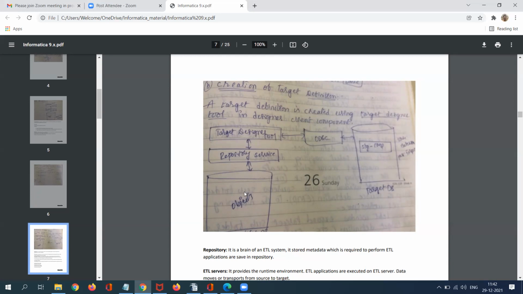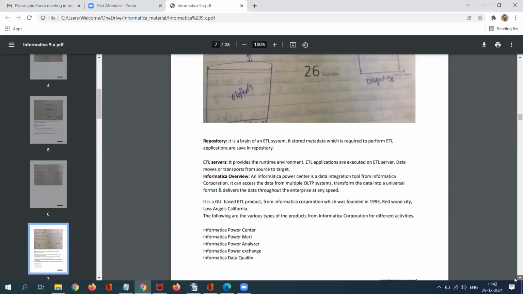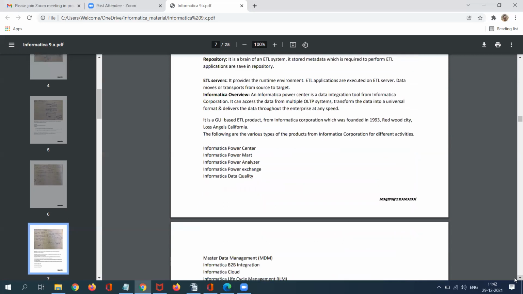This will help me to store them into my repository database. These are all the different processes that we have in Informatica PowerCenter to extract required sources and targets into my Informatica PowerCenter. Okay, these are all the basic things that we have before entering into ETL mapping design. Okay, thank you.